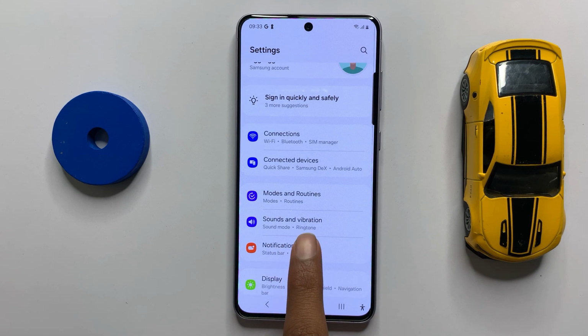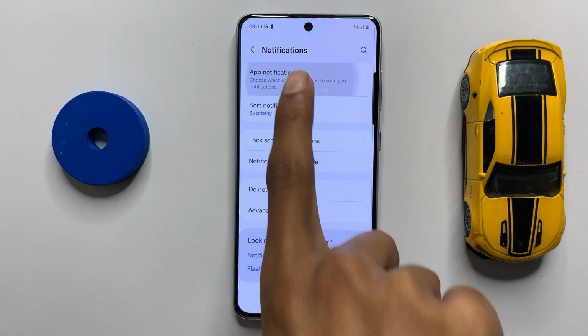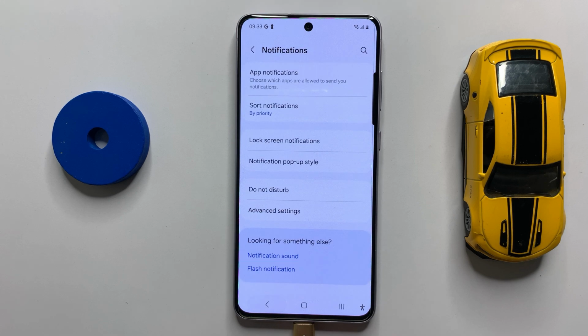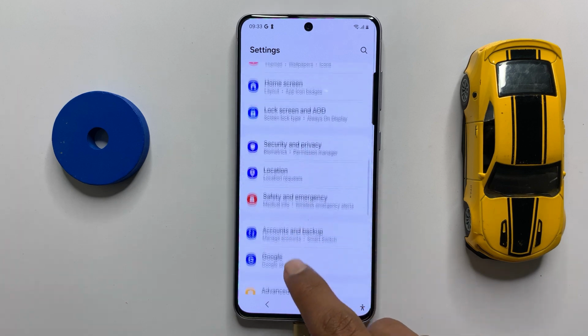and click on notifications. Now here you can turn on all your apps' notifications. After turning on your notifications, then go back and scroll down and click on